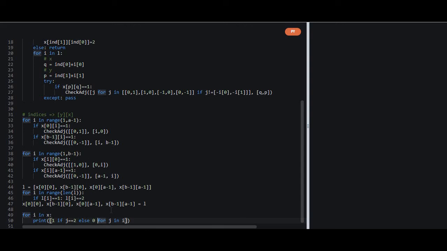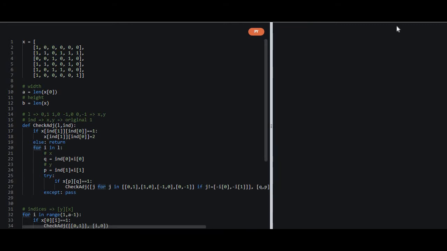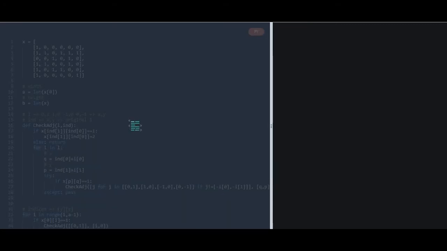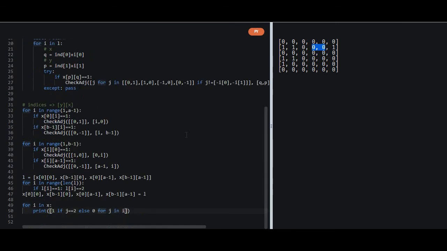If j is equal to 1 or 0, we will just return 0 in such a case. So this should show the output. Let us run the code. Okay, so this is not considering this part, so we might have made a small mistake. Let us see.